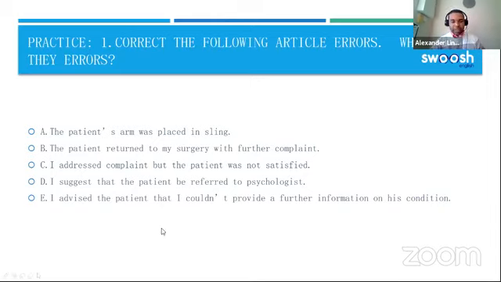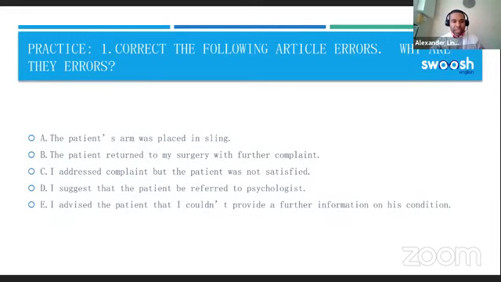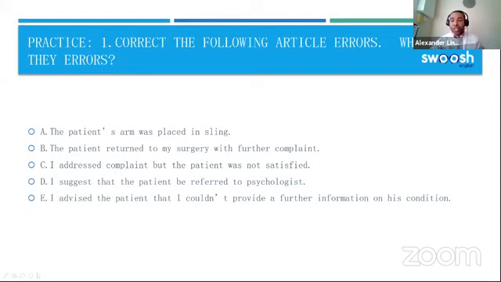Okay, so let's see what we've got then. Fantastic. Rathna is saying a sling. Mosina is also saying a sling. Brilliant. So yes, we want to use a sling, don't we? Anna's saying the same thing, because sling is singular and it's also countable, isn't it? So we could say one sling, two slings. So yes, we need a sling in this case.